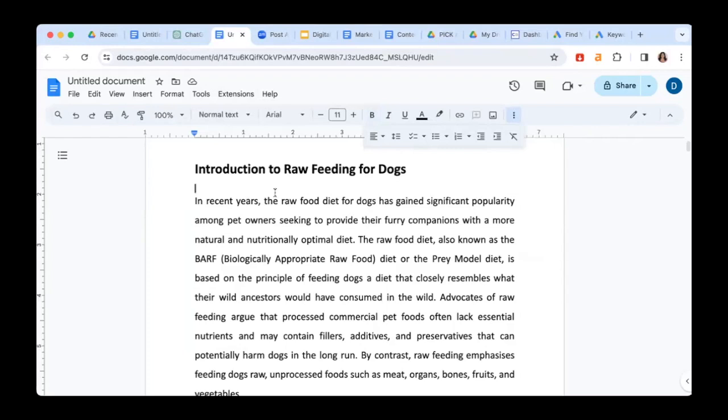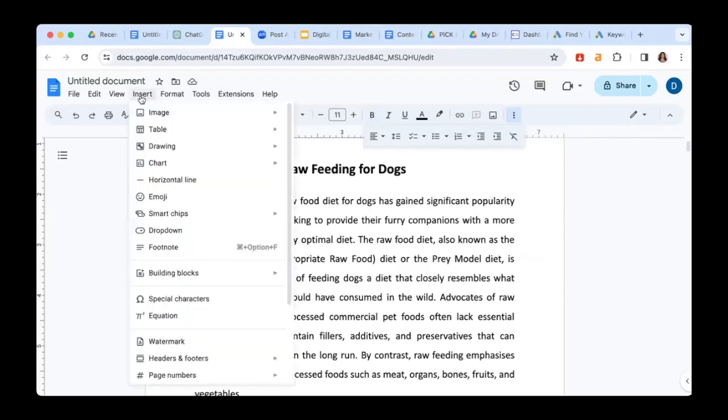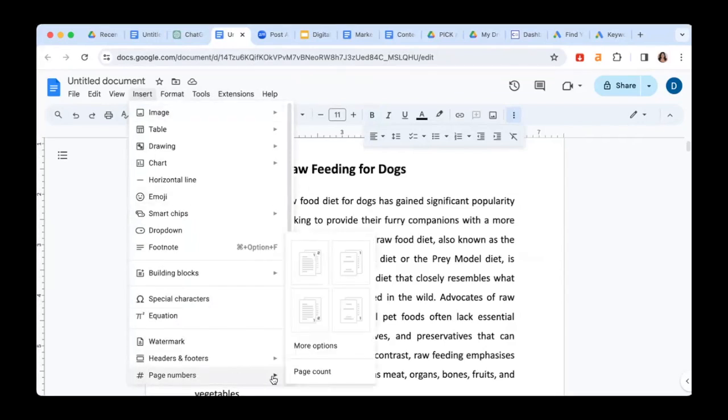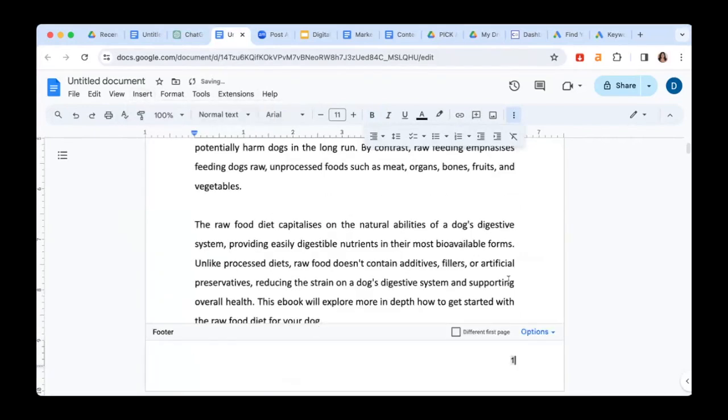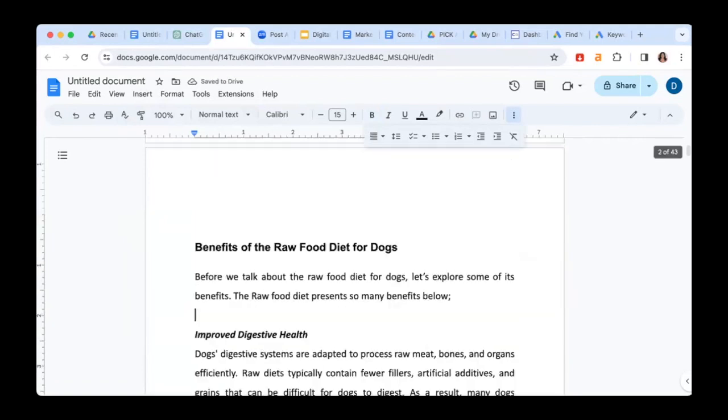So another thing that we want to do is insert the page numbers, okay? So if you go to insert, and then go to page numbers. And then I like to select this format here because it's going to be at the bottom left of the page. Okay, so if I select that option there, you can see right now we have our page numbers